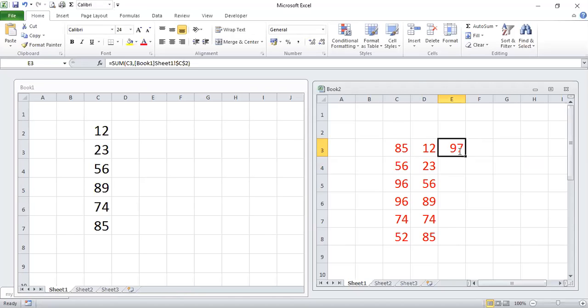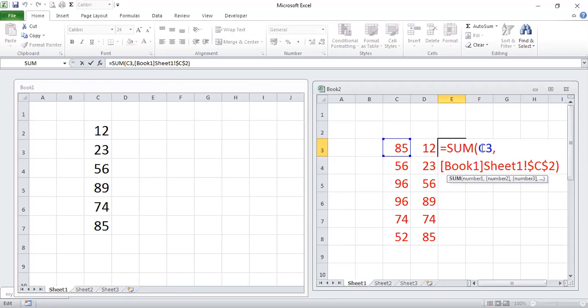What it is doing right now is finding the sum of C3. C3 is from the same sheet, right? Same book one, book two, same file और वर्कबुक. And when a comma is put, after that it takes the second value from book one, whichever particular cell you have given.